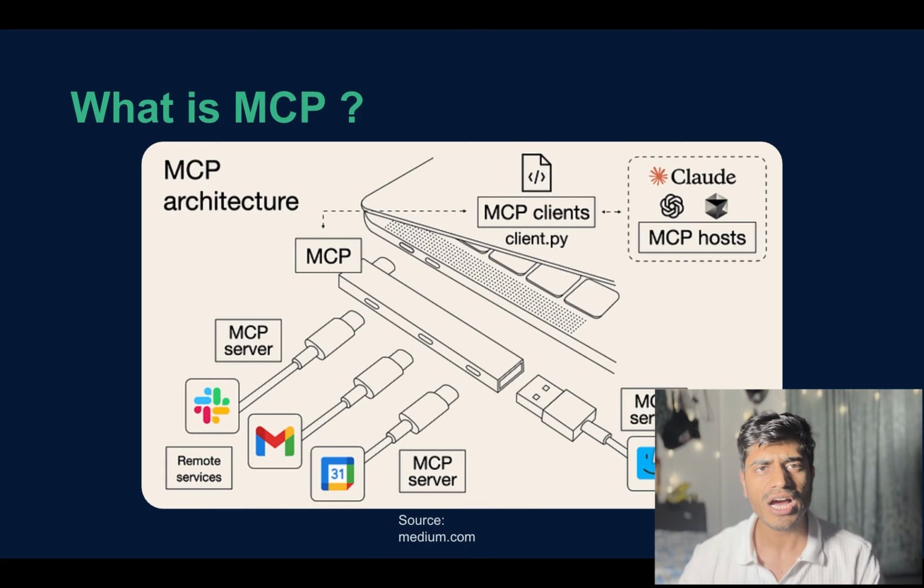So when you see a typical USB-C port, with the help of that single USB-C port, you can connect various peripherals to your machine, for example, your laptop, right? You can connect your cameras, your microphone, your mobile phone. So anything can be connected with the help of this single USB-C interface, right? So the same is what MCP server is for the AI model side. You just have to use the MCP protocol, and the MCP protocol can enable you to connect to various different